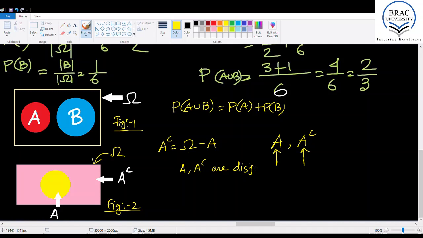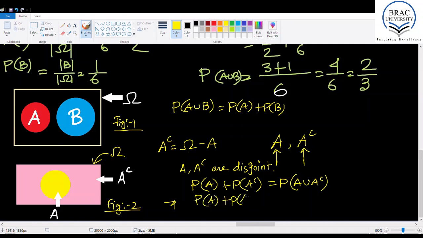Basically the yellow circle is representing event A, and the region outside the yellow circle and inside the rectangle, which is pink in color, is A^C. So there's nothing common in between these two events. That's why we can say, using axiom 3, the way I'm writing it, that P(A) plus P(A^C) equals P(A union A^C). Okay, now look at the figure, this is A, this is A^C,